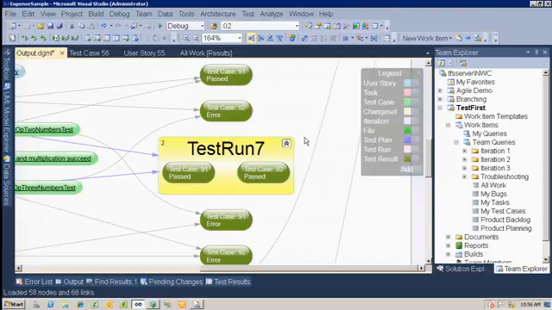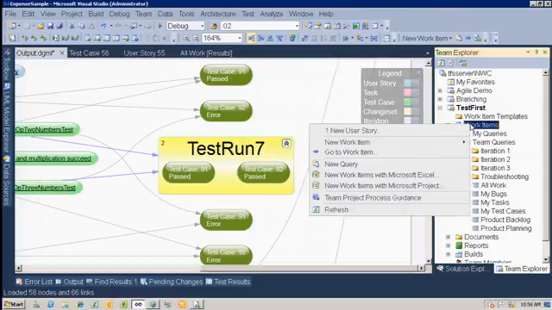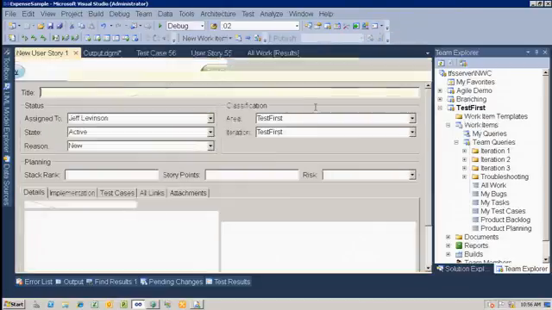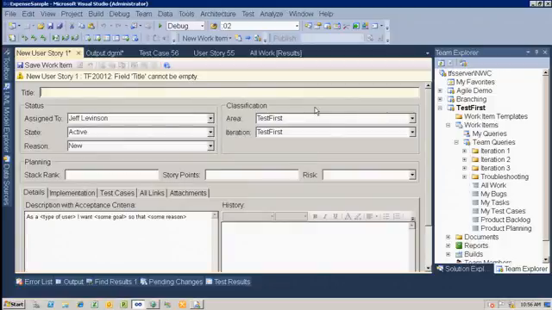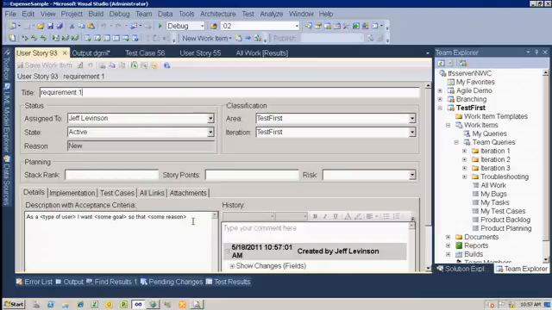Okay, I did a little bit of hand waving. I didn't actually show you doing this, so I might as well take some time and show you how to do it. So, creating a new work item, it's as simple as this. You can do it via the web, you can do it via MTM, however it is you want to do this. We'll just call this requirement 1. I've created a requirement. And I'm probably going to fill in something here so I know what the requirement is,